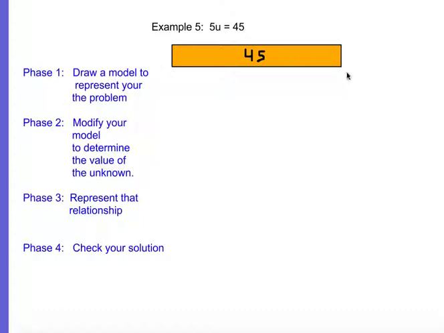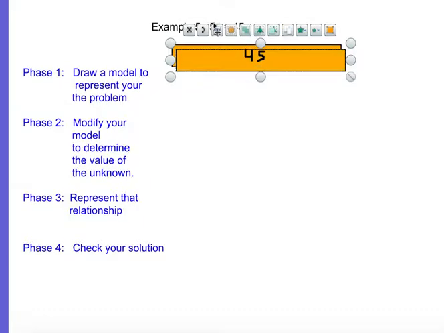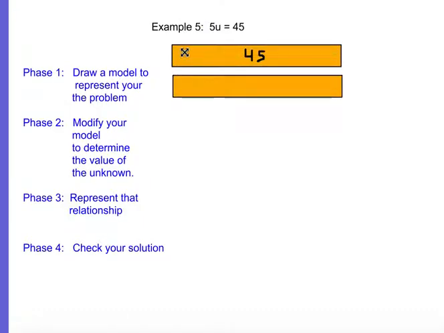And then we will draw a similar size tape diagram. And this tape diagram below 45 also has a value of 45 because they are the same size. The only difference, however, is that we want to have this equal 5 times u. So on the inside, we'll just go ahead and write this as 5u. Now, we have drawn a model to represent our problem, and we can go on to the second phase,